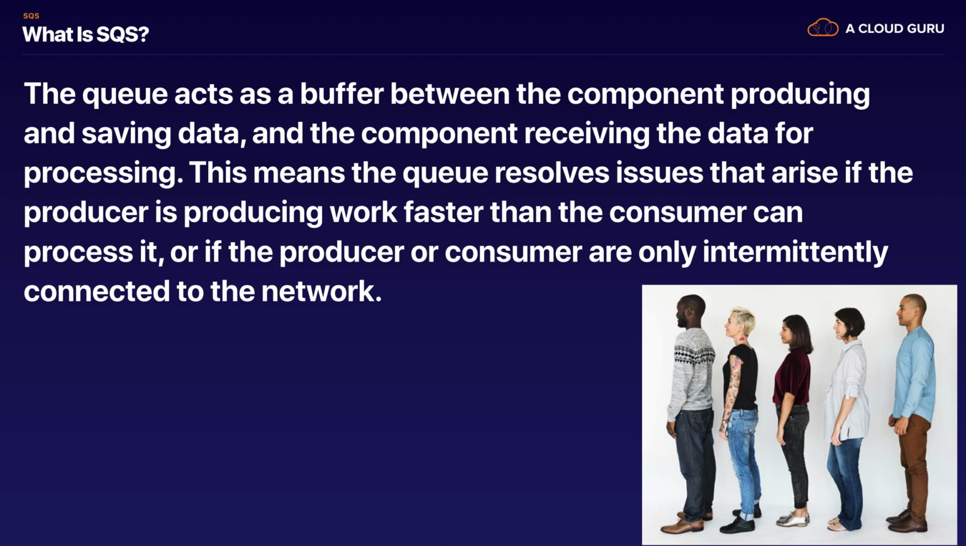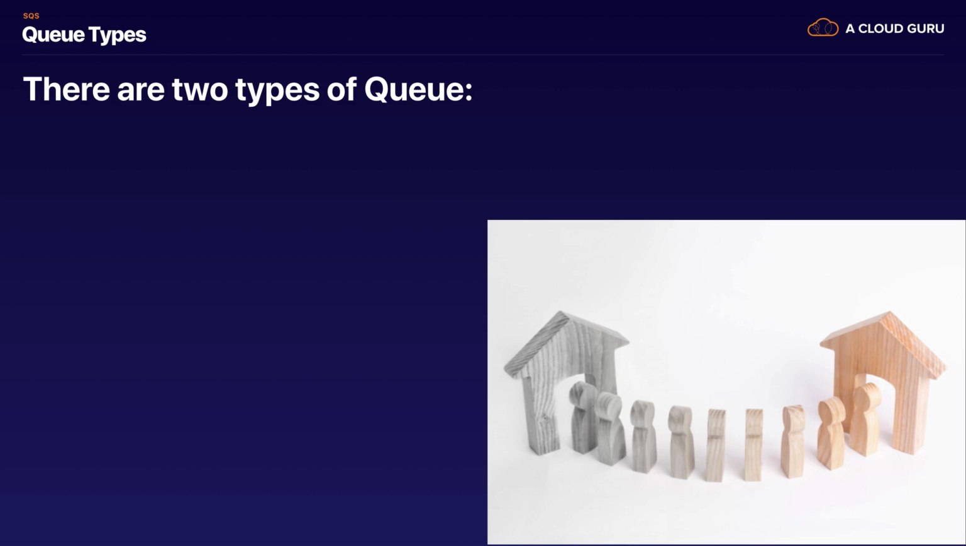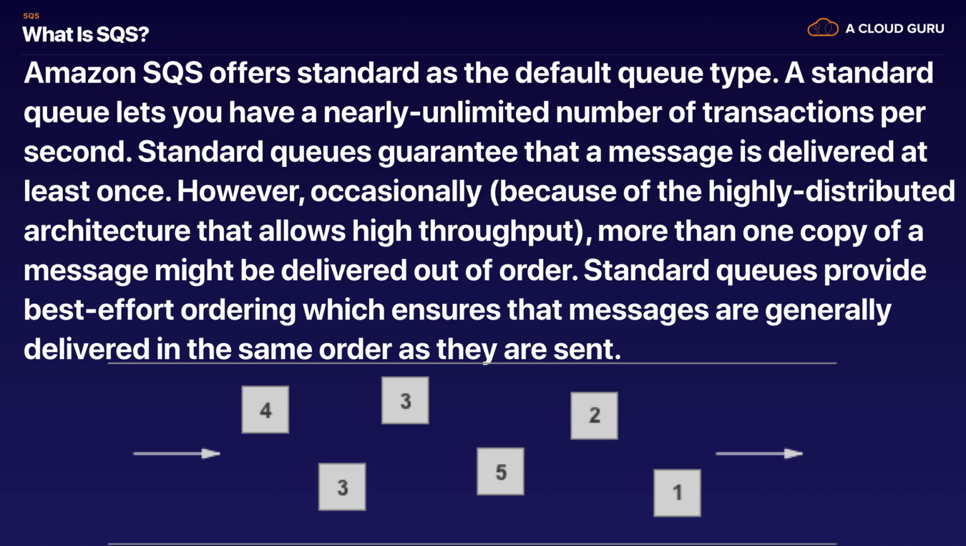And if the number of messages goes over 5 or 100 or 1,000, that can trigger an auto-scaling event. So there's two different types of queues with SQS. We have our standard queues, which are our queues by default, and then we have our FIFO queues, so first in, first out queues. So SQS standard is the default queue type, and a standard queue lets you have nearly